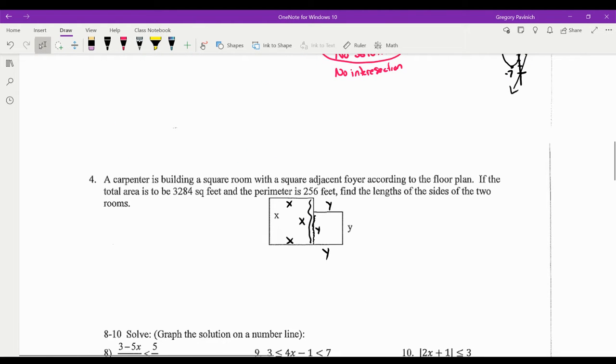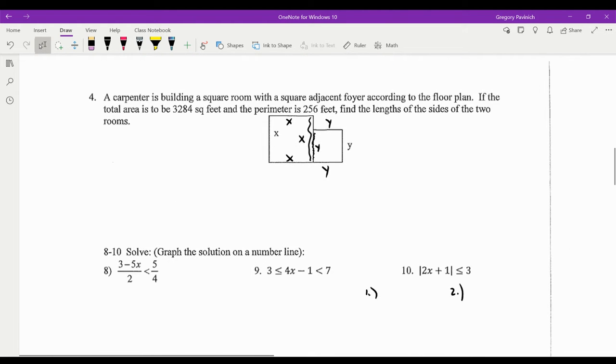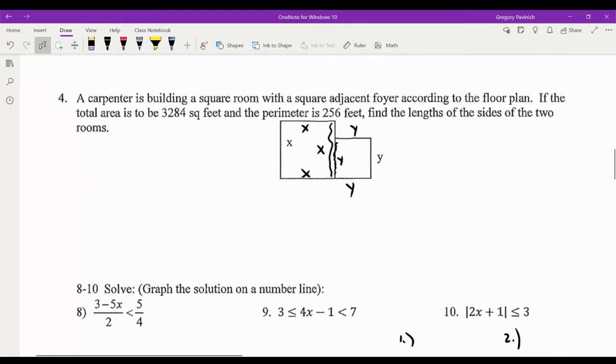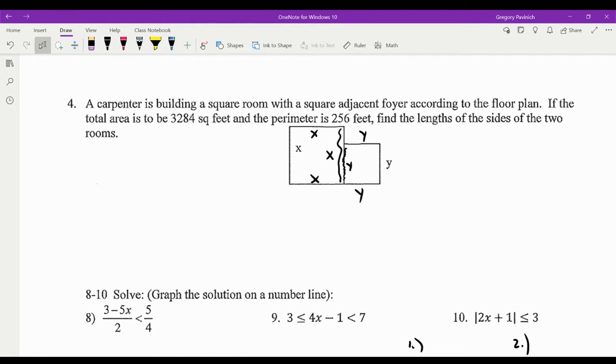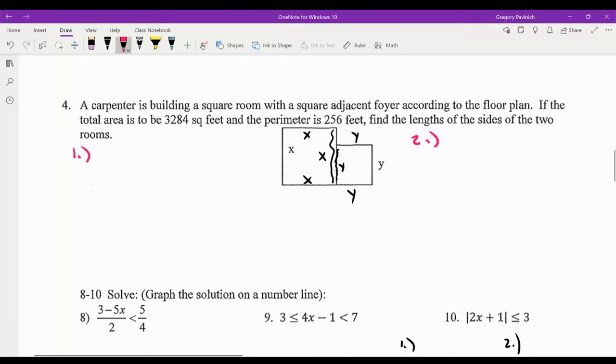Okay, next one is, I don't know why we went to number 4, but here we go. It's a number 4, and with these word problems, you just got to remember, hey, what am I doing here? I've been solving two equations with the same two unknowns, so I'm probably going to have to create two equations with the same unknowns. So a carpenter is building a square room with a square adjacent foyer, according to the floor plan. If the total area, so we know area,